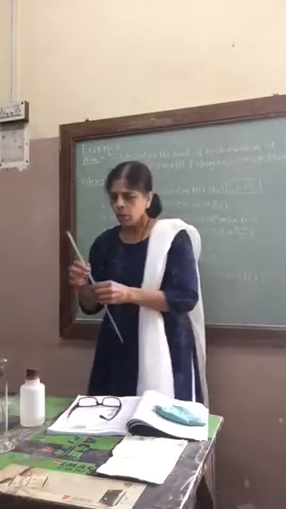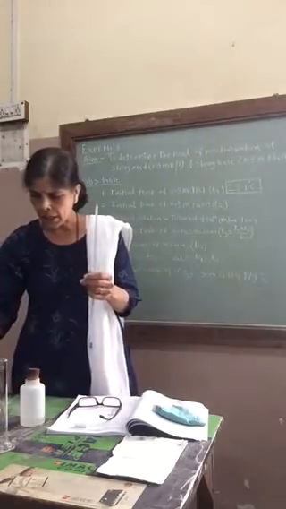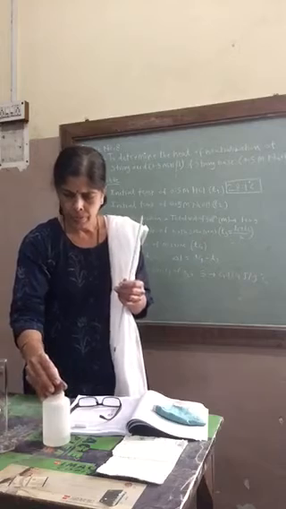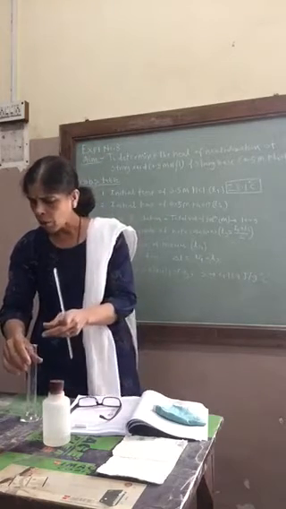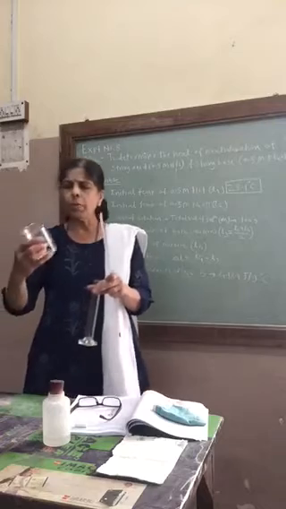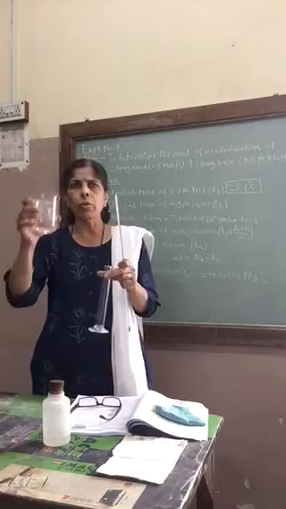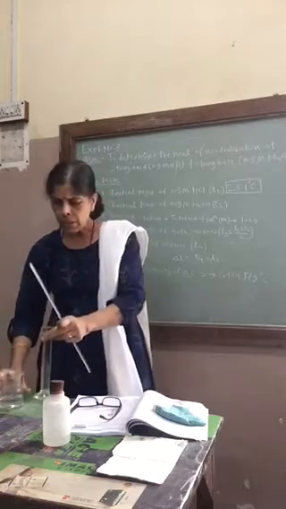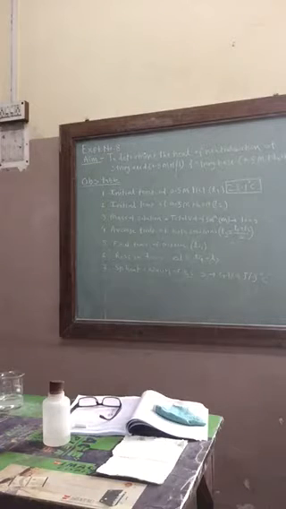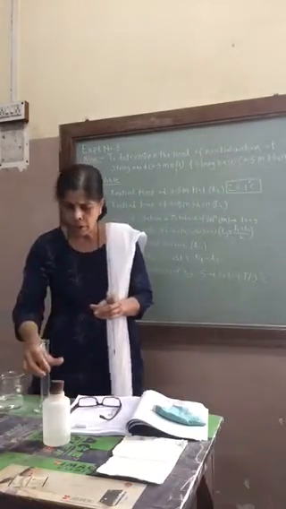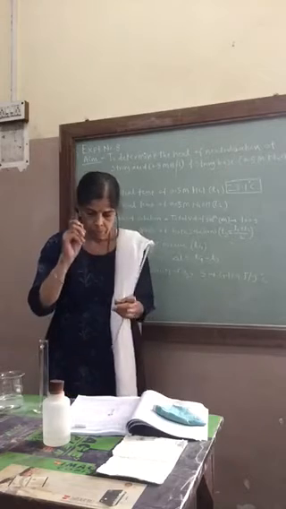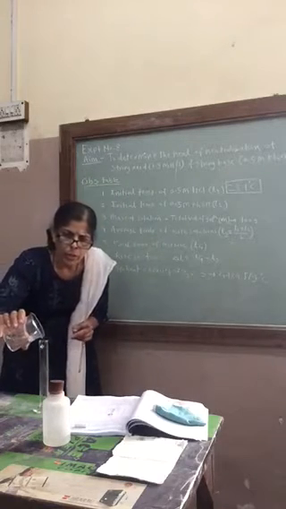After that you are going to take exactly 50 ml of NaOH solution. If you go through your procedure, HCl will be given to you in a conical flask and NaOH will be given to you in a beaker. So this measuring cylinder also you are going to wash with water, because we have taken HCl in it. Remove the entire water, and then take 50 ml of NaOH solution, sodium hydroxide.